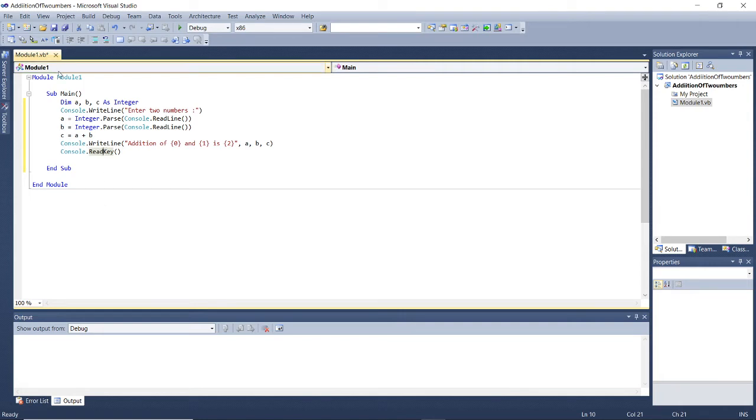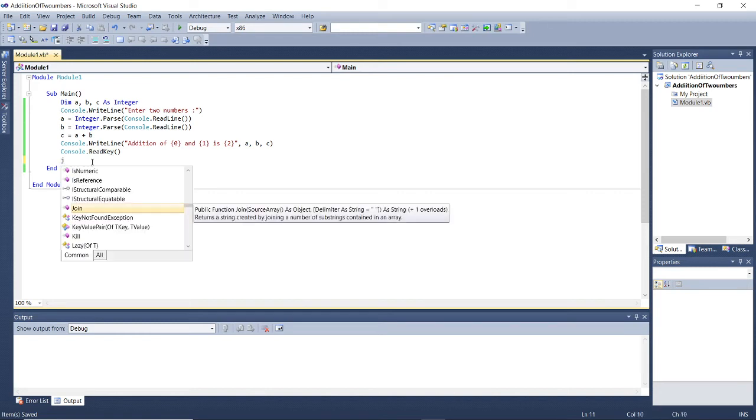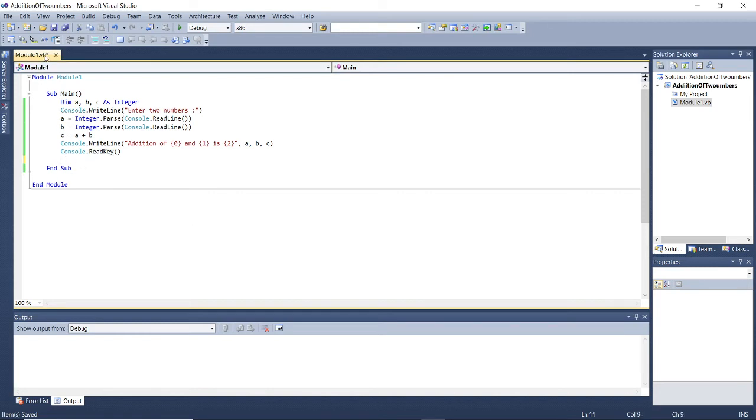After this, if you see here, there is a star after Module.vb. That star indicates that this program is not saved yet. When you click on the save button, that star is removed from the file name. Otherwise, if I put anything here, suppose I type something like J and delete it, you can see the star after vb, and when I click on save, that star is removed.